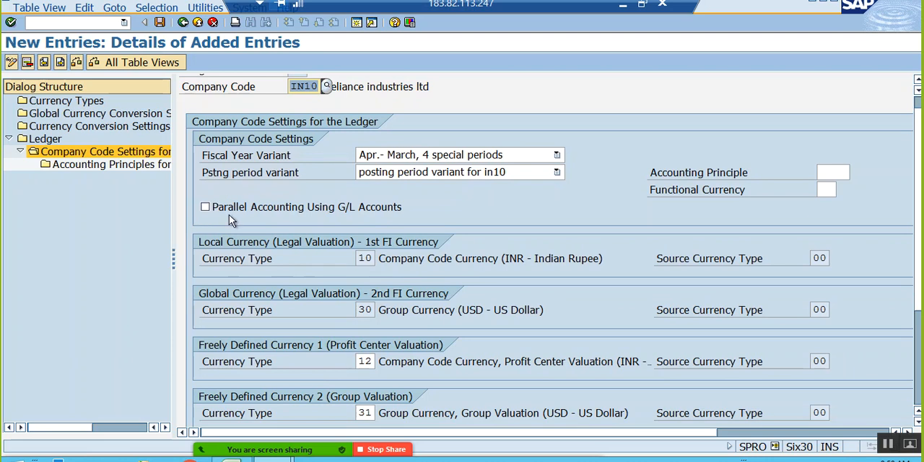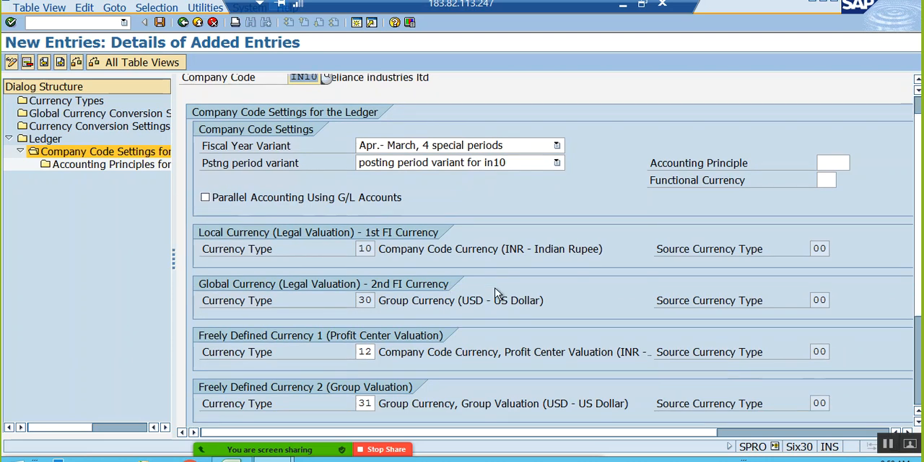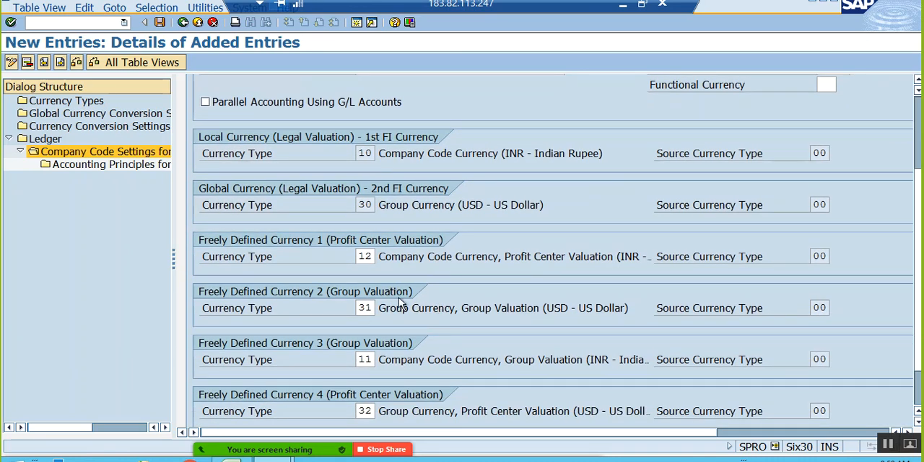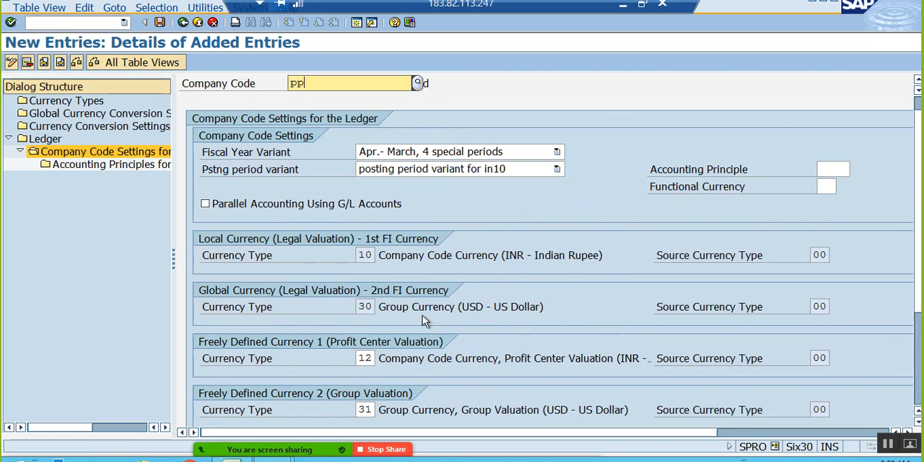The parallel accounting we are not using, because we are using the ledger approach. And the first currency out of 10 currencies in the universal journal table, this is the second currency, are fixed. And then out of 8 currencies,